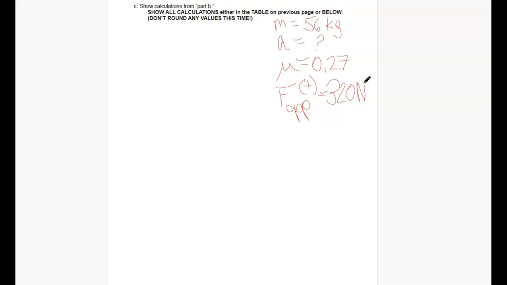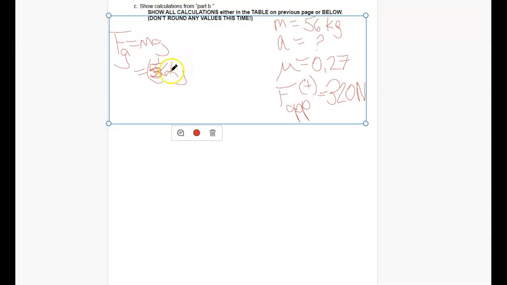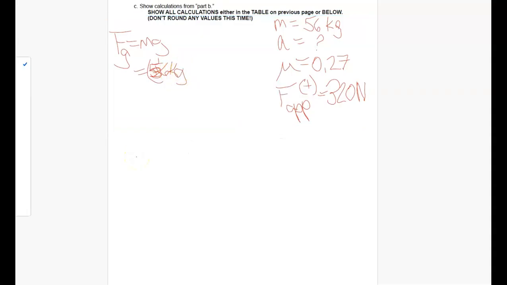Well, what do we still have to figure out? Well, we still have to figure out the weight force, and the weight is pretty easy. It's just m times g. M times g is 56 kilograms times 9.8 meters per second squared. That's our g value. And we can put g over here on the side as well, minus 9.8 meters per second squared. So I left off the minus when we did the calculation, but we put it in,